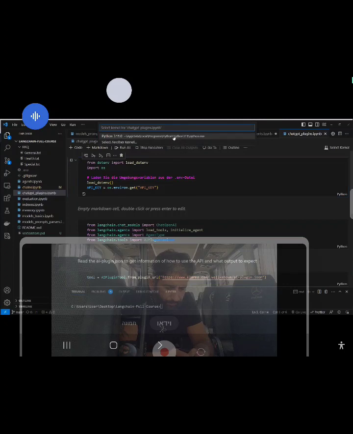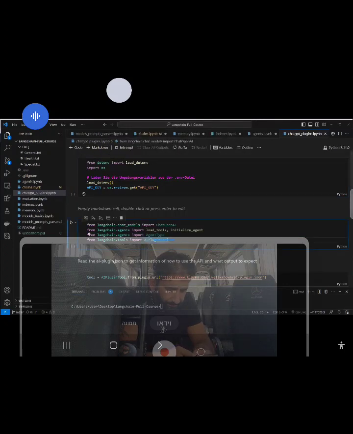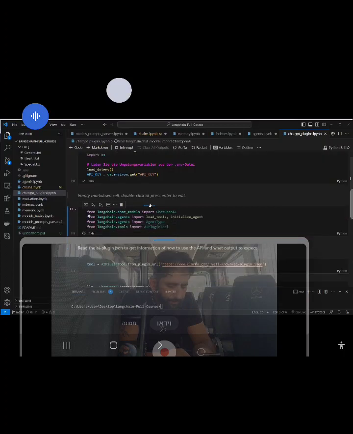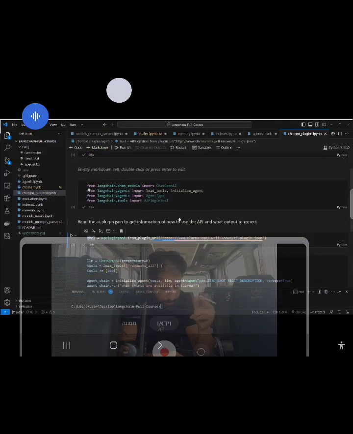Just gonna read our environment variables first, and we also need some classes here which we didn't use yet, like the AI plugin tool and the chat OpenAI here. So again, we're gonna load these classes, and then we retrieve the URL here, the AI plugin.json file. This is the exact file every plugin has to use, and we retrieve that as tool. So we save it in the tool variable, and I'm just gonna show you what's inside this plugin.json file because